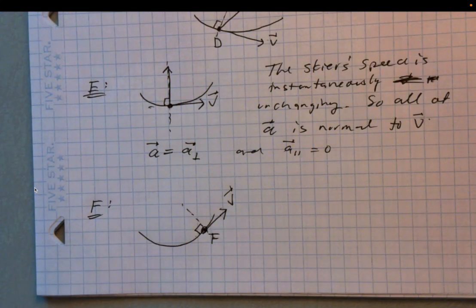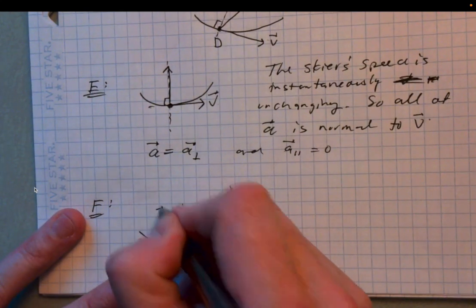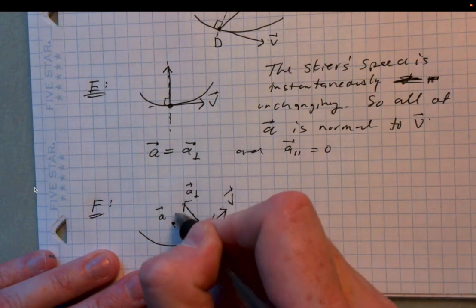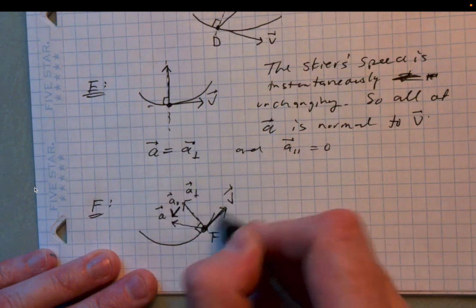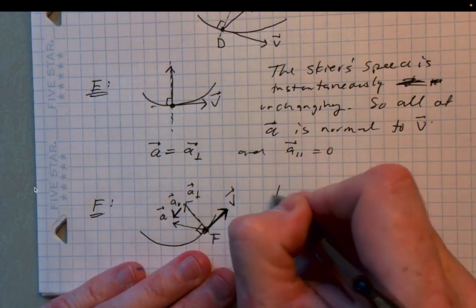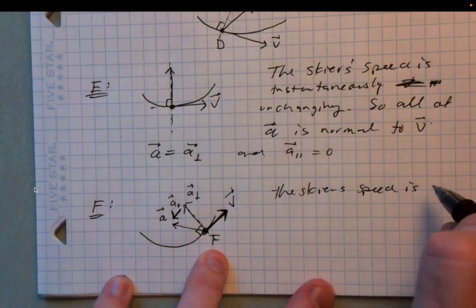At F, the acceleration has a perpendicular component and a parallel component, just like it did at D, right? But in this case, the parallel component is opposite the direction of the motion. So my acceleration would be more in this direction, wouldn't it? Which means this is my normal component, my perpendicular component, and this would be my parallel component. Now notice the parallel component is in the opposite direction as the velocity, right? So here, the skier's speed is decreasing,